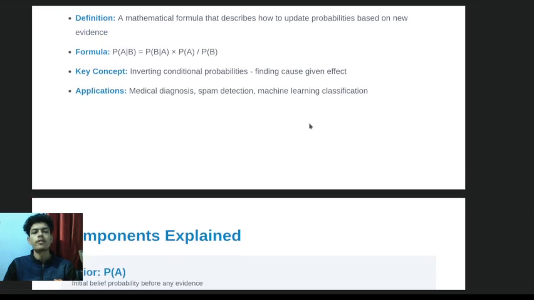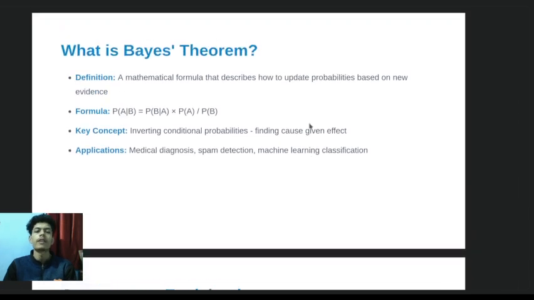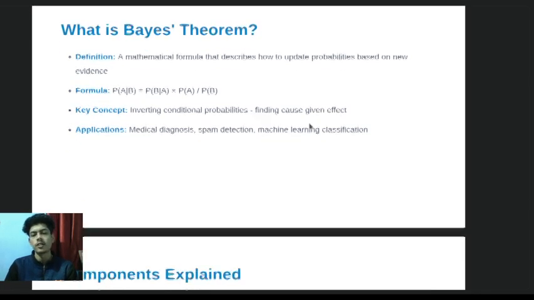Now, what is Bayes theorem? A mathematical formula that describes how to update probabilities based on evidence, used in inverting conditional probabilities, finding cause given effect, medical diagnosis, spam detection, and